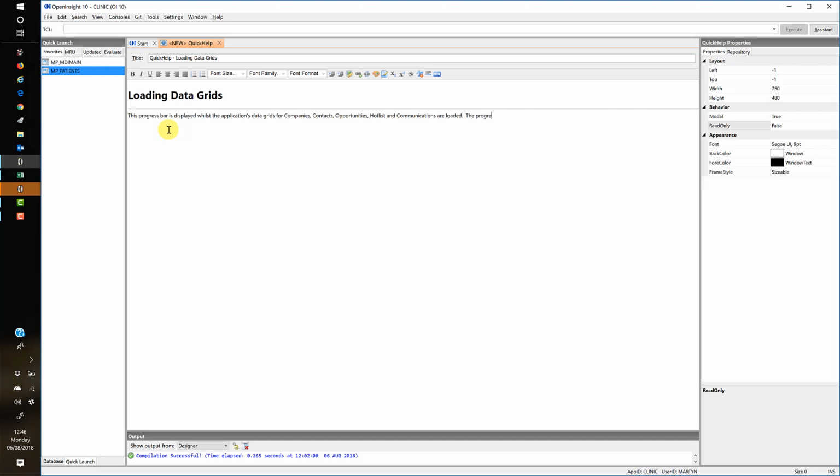The progress bar is displayed because it can take a minute or two for all of the data grids to populate with data. Now, I've let you sit and watch me type that in because I wanted you to know